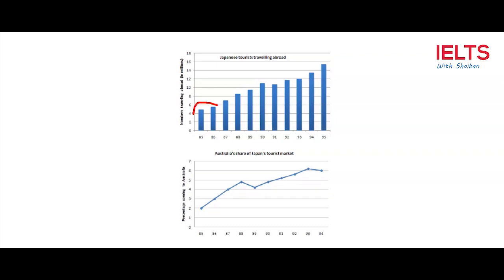Again, the three things which are extremely important here, you have to select. For example, I select these two trends in here. Then I talk about maybe 1991. Then I choose maybe talking about the trend in 1995. So, choosing the main features,